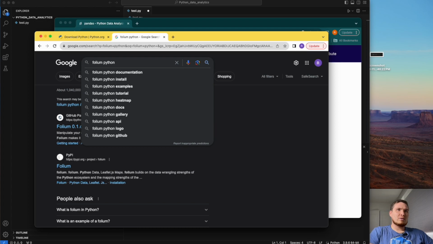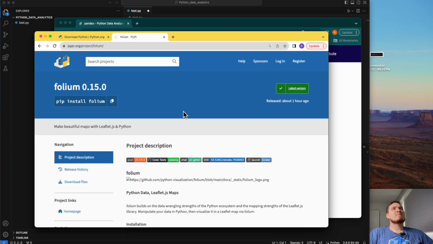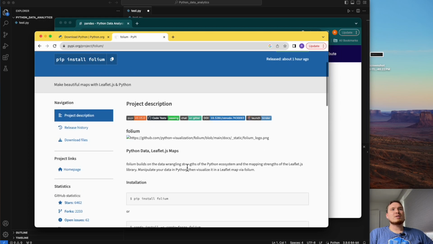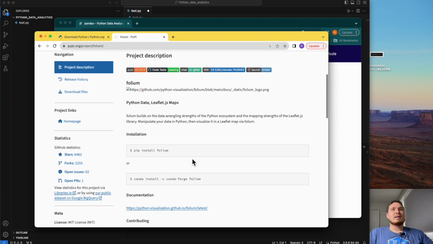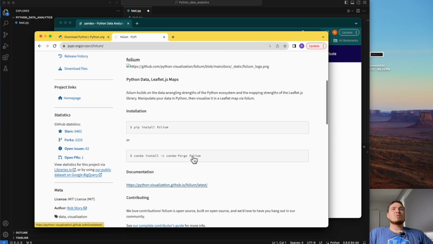Okay, now in documentation, Folium is specifically created for Python, and it helps you to visualize the data. It's bringing the already existing libraries from different sources and visualizes it for you whatever you want. So we will come to this. Let's just install everything. Pip install Folium.